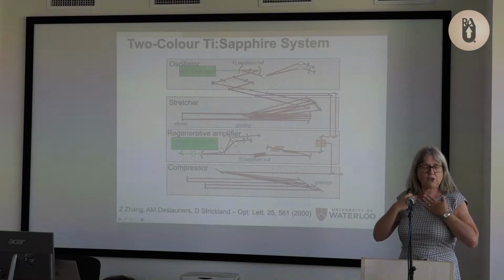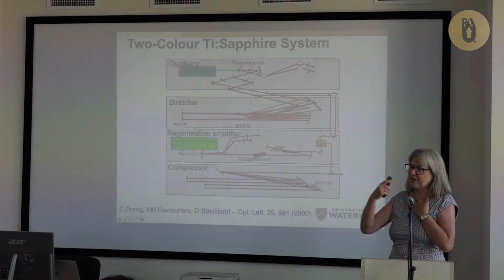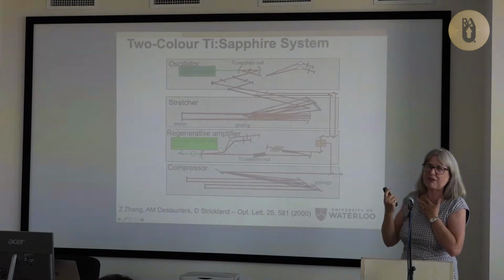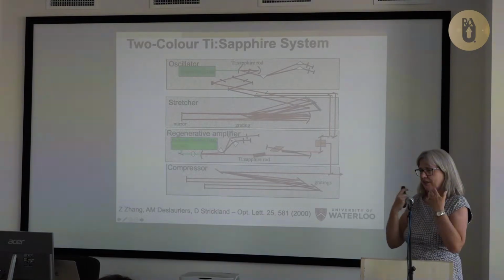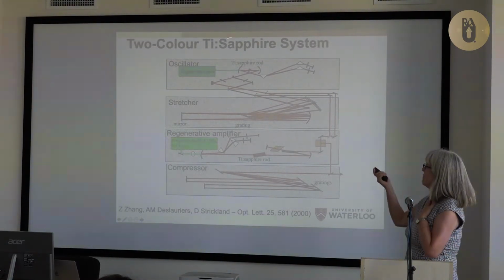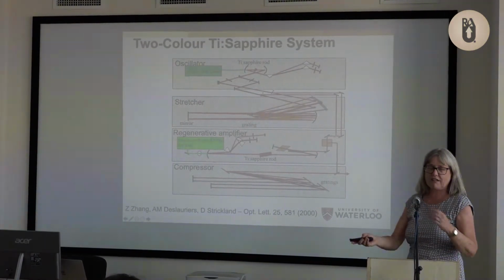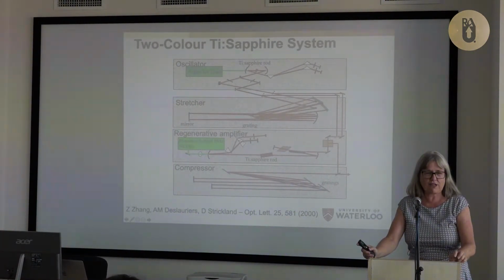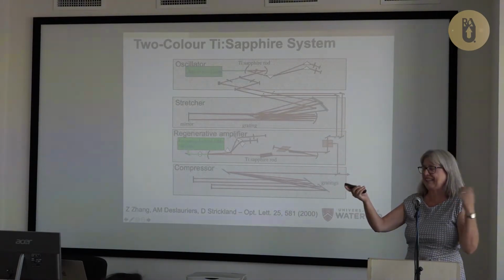Why am I doing this at all? Because my husband followed me to Canada. I had followed him to New Jersey previously. He now followed me to Canada and had to take an industry job. He had been at Bell Labs, and he got to take his equipment with him. He had developed this two-color oscillator. So I inherited this two-color oscillator and thought, when I became a new assistant professor, what would I do with a two-color oscillator? I'd CPA it. What else would I do with it?